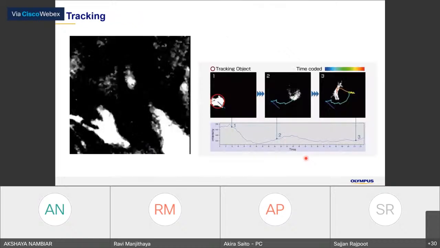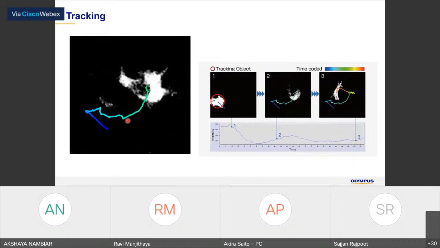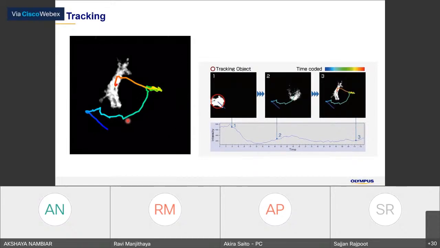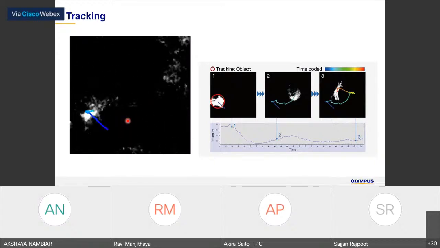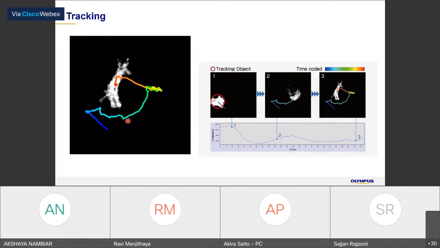And also, if you have any time-lapse imaging, after the detection of the objects you can link the objects through the time points and do this kind of tracking, and analyze the intensity changes, and also how fast it moves or which direction it moves.